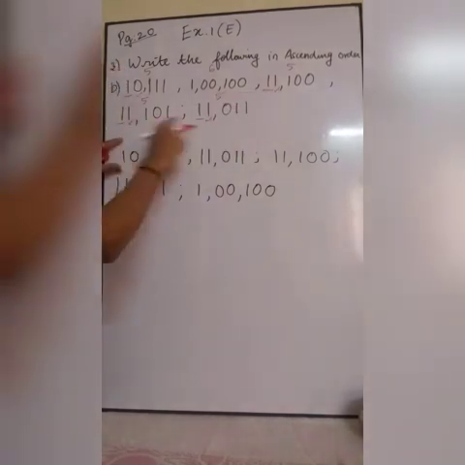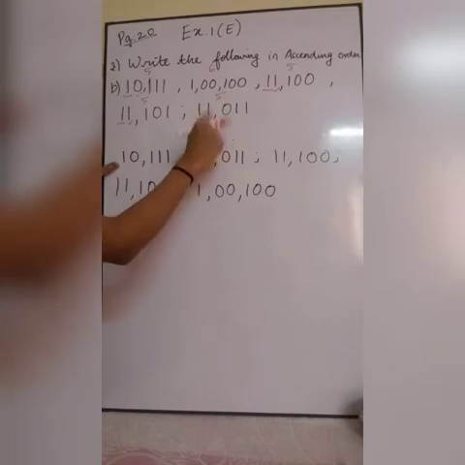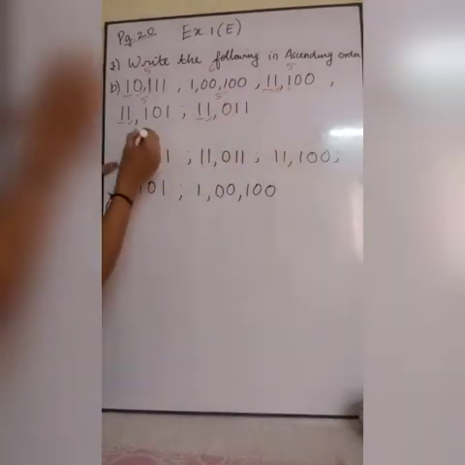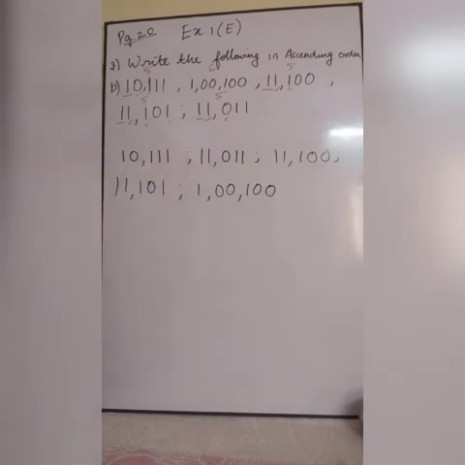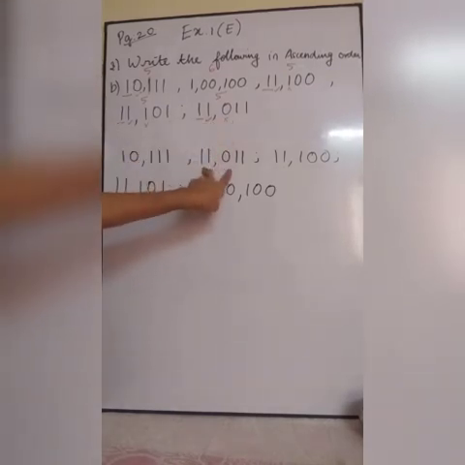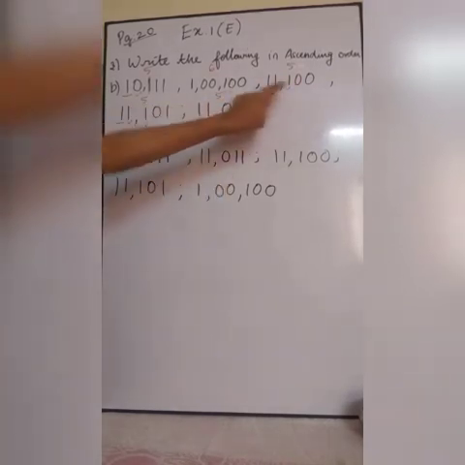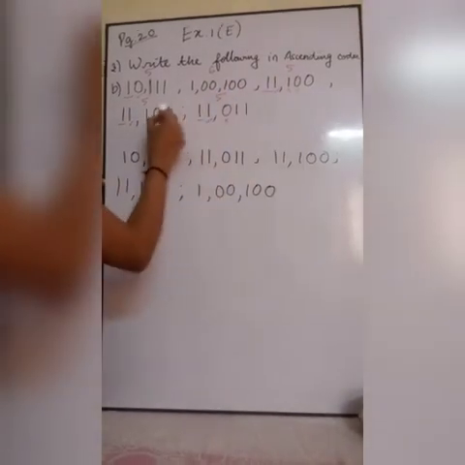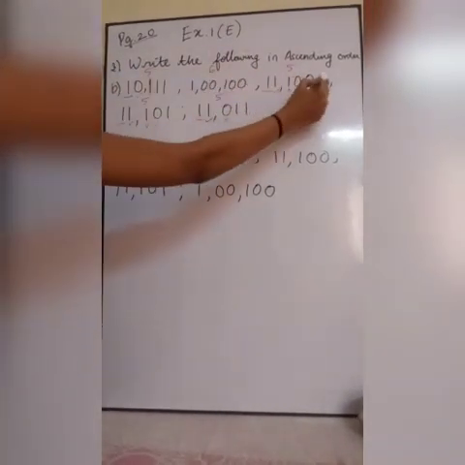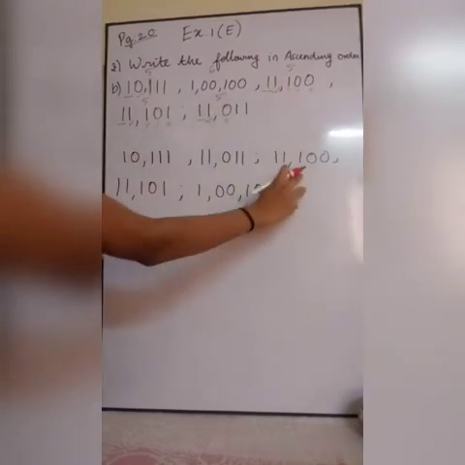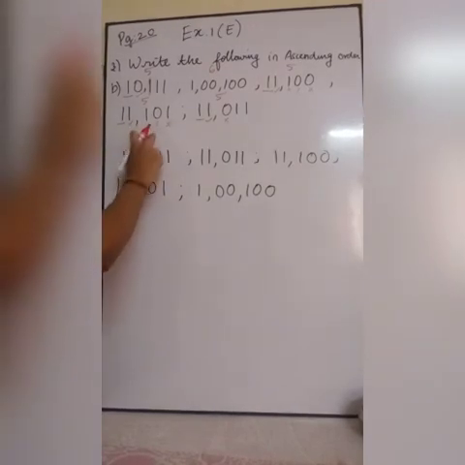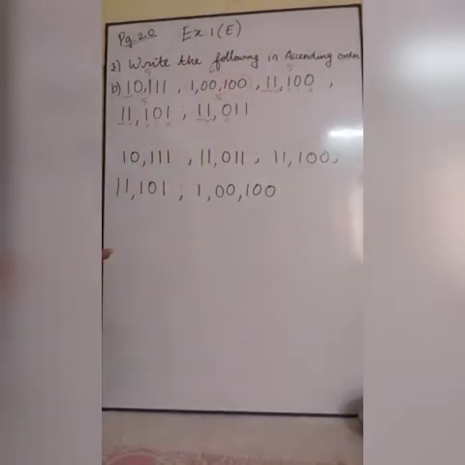Then I am going to compare these 3 alone. Next 1, 1, 0. So in this, which is smaller? This one. So I wrote it as the second one. Then I am going to compare these two alone. 0, 0, same. Next 0, 1. So this is smaller, so I wrote it. Then I wrote this. After this, I am going to write this one. Did you understand how to write from smallest to biggest? And your C question and D question is your homework, children.